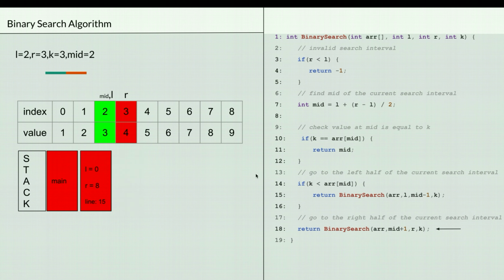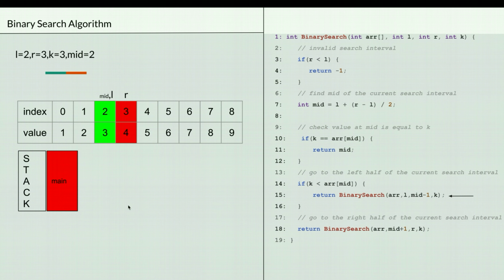Let's see. Now you can see the function which is at the top of the stack has been popped, and it is continuing its execution from line number 18, and again it is returning a value. When you return from here, the function which is at the top of the stack again will continue its execution from where it has left.